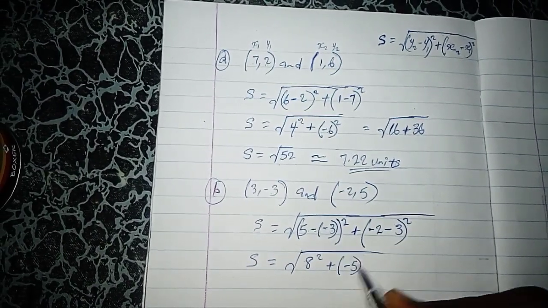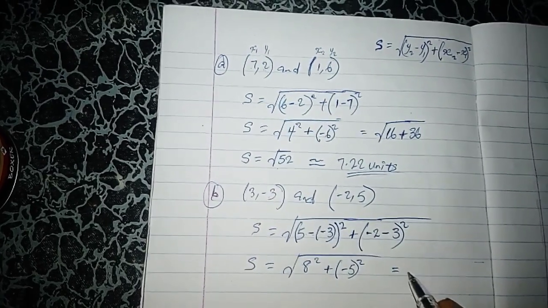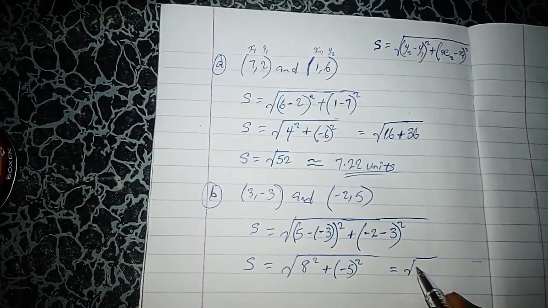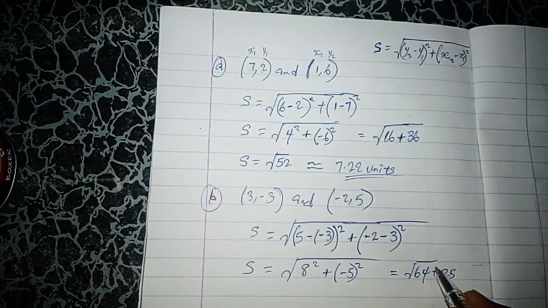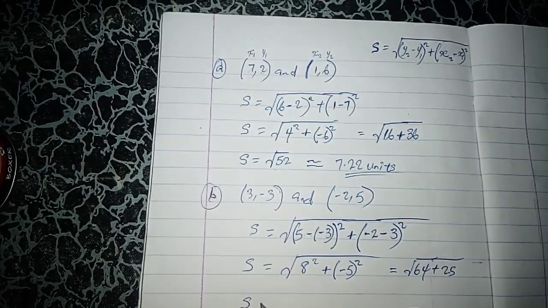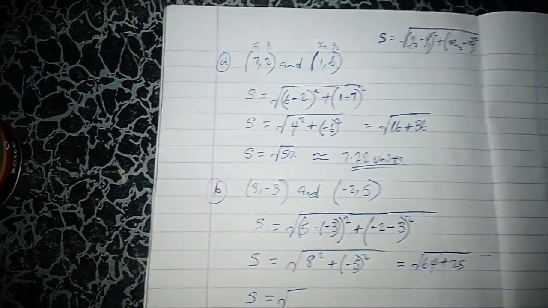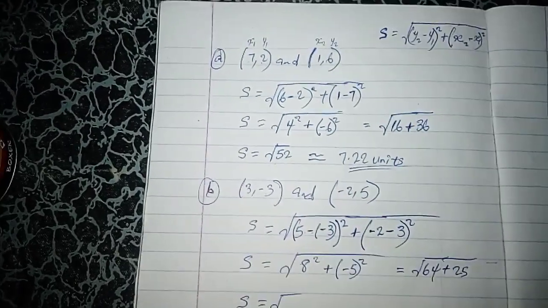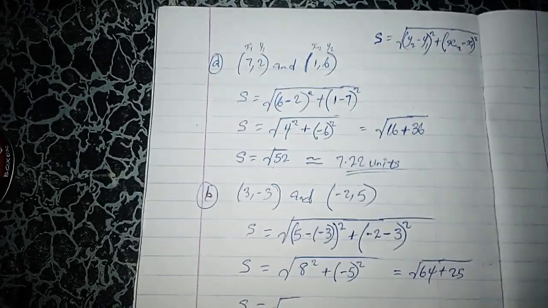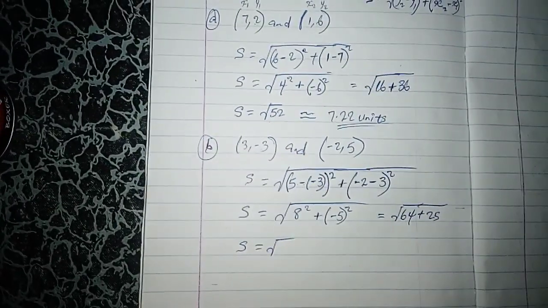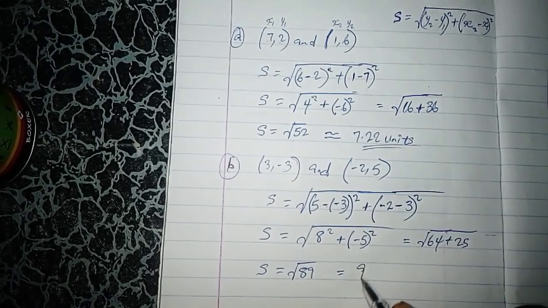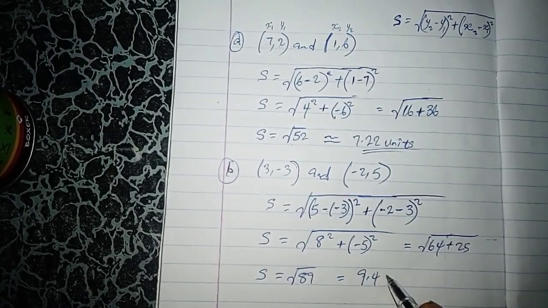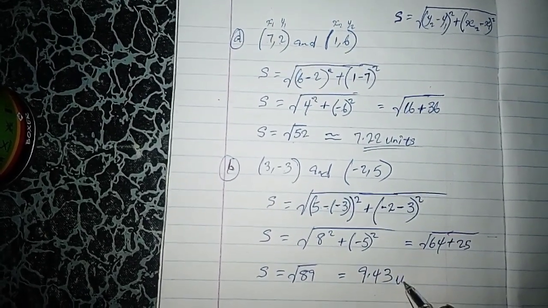So this is equal to the square root of 64 plus 25, and that will give us the square root of 89, which is equal to 9.43 units. Mind you,